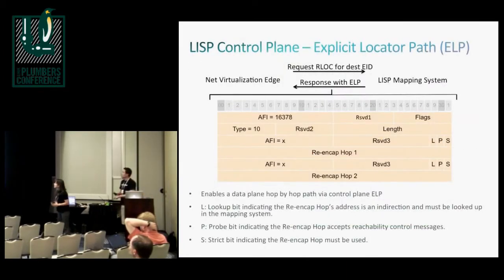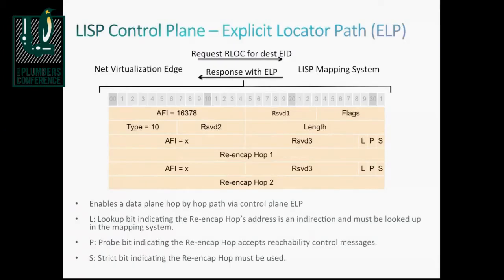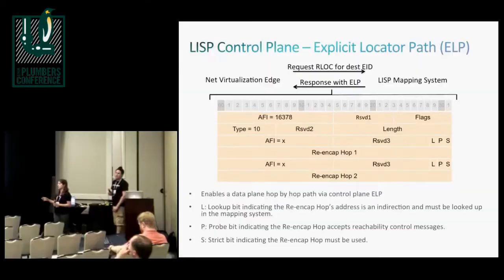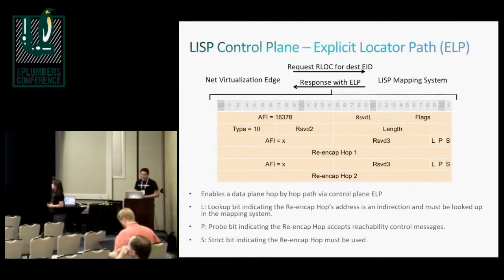Yeah. So this is a simple example of how the traffic engineering or service chaining policy works in the control plane. A network virtualization edge, like a virtual switch, would receive a packet for a virtual destination that it doesn't have a mapping or a flow for. So it would send a request to this mapping system, which is the basic control plane, and it will query the physical mapping for that virtual address. What it will get back is the policy for forwarding that to the right destination.